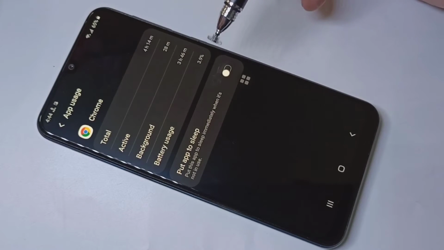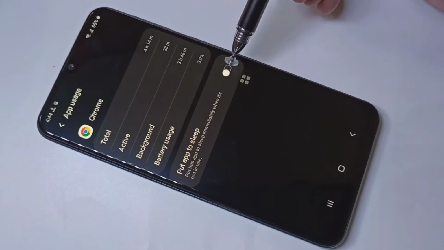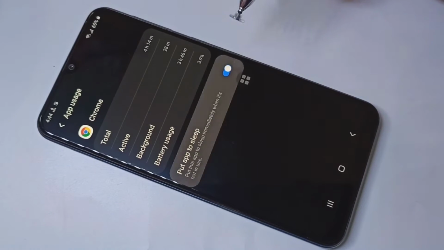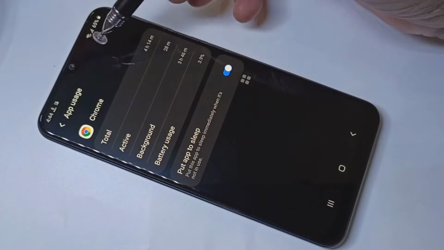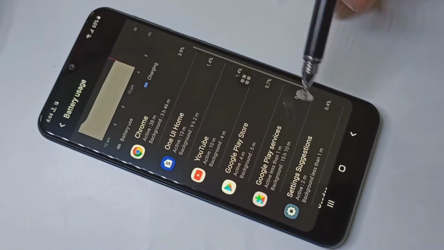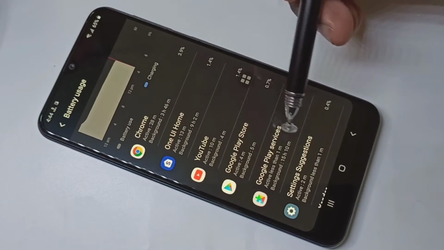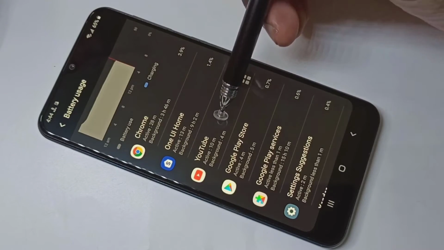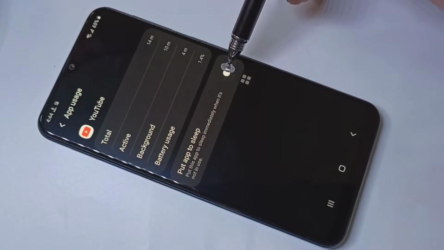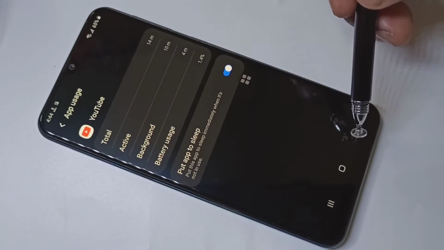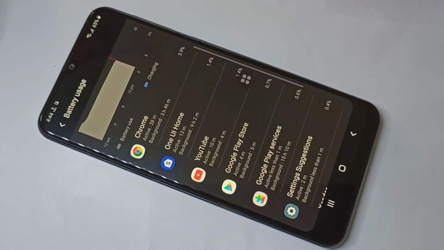So that way we can save battery. So make sure that this option is enabled. You can go through all the apps in the list and enable that option. So that way we can save battery. So that is one option.